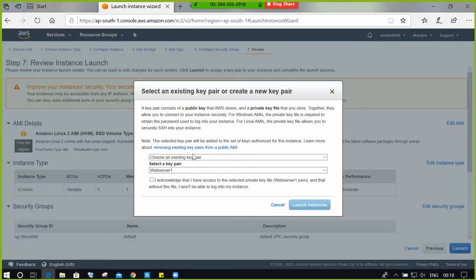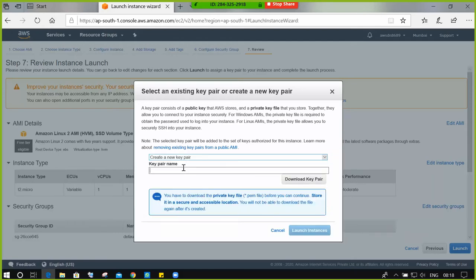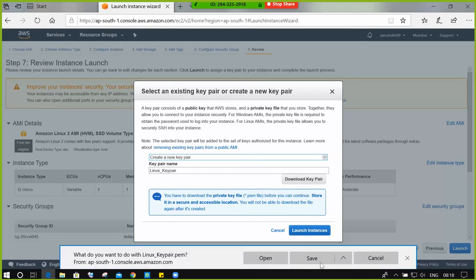For Linux machines you need to create a separate key pair. Create a new key pair. The key pair name is Linux_keypair. Okay, Linux_keypair, and click on download and save this.